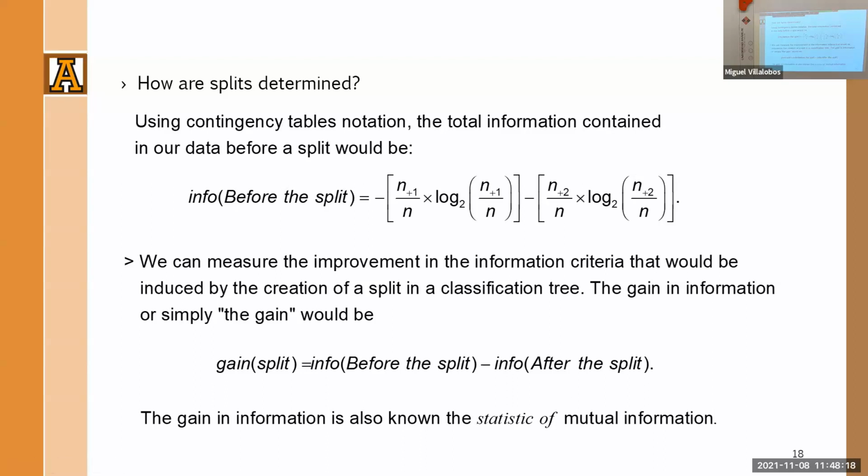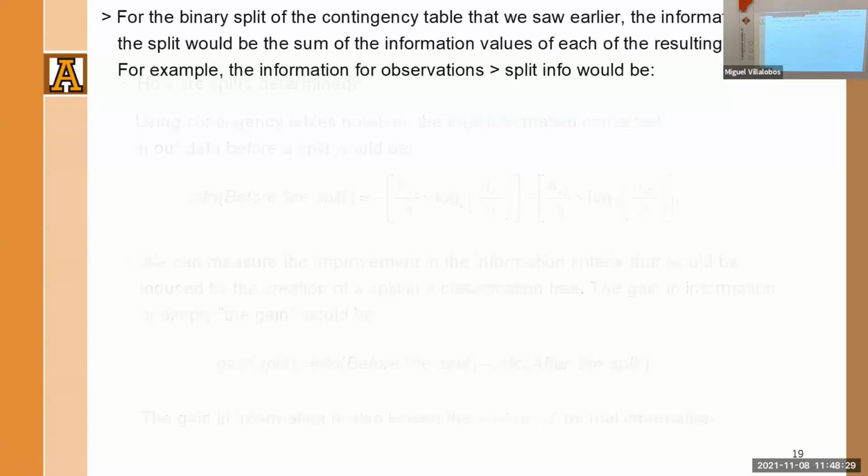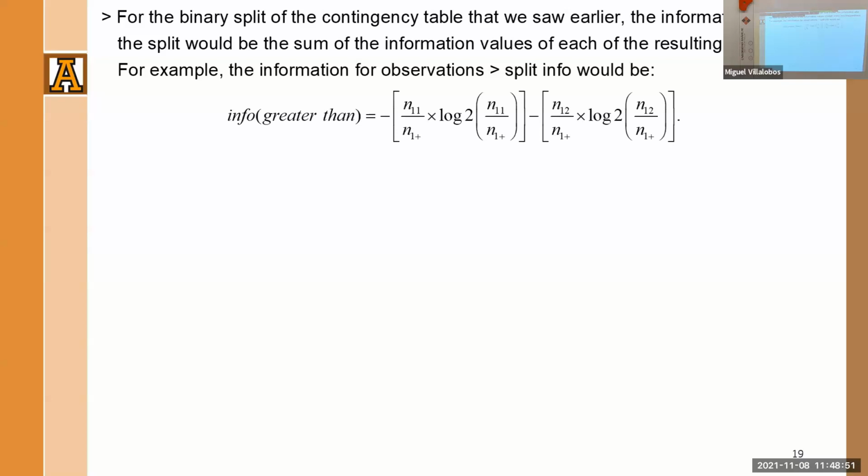This information statistic is also called the statistic of neutral information. That's another name, and again, that name comes from telecommunications. Now, for the binary split of a content of a table, the information of the split will be the sum of the information values for each of the partitions. It's exactly the same mechanic that was used with Gini's. So we have information for the greater than split and the information for the less than